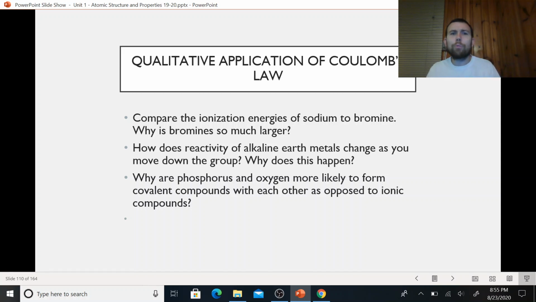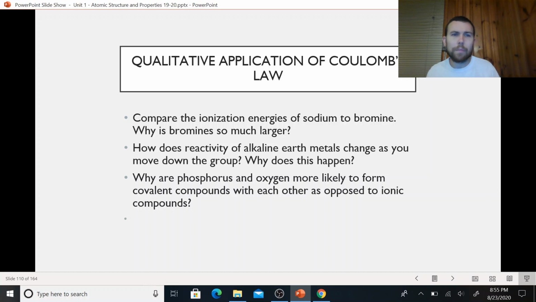In a sense, it's going to boil down to the fact that bromine has that greater effective nuclear charge, right? And so it's going to hold on much more tightly to its electrons